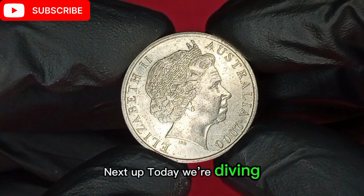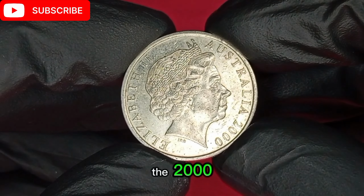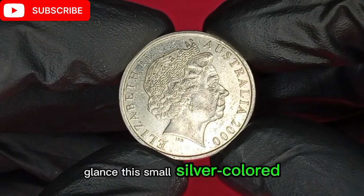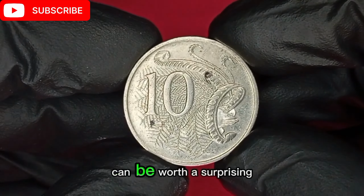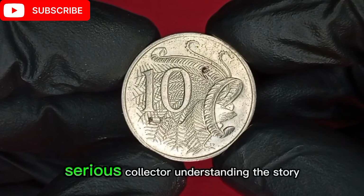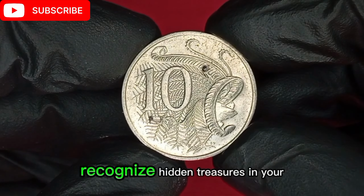Next up today, we're diving deep into one of Australia's most interesting modern coins, the 2000 Australian 10-cent coin. At first glance, this small silver-colored coin might look ordinary, but hidden among them are some rare varieties and mint errors that can be worth a surprising amount of money. Whether you're a beginner or a serious collector, understanding the story behind this coin can help you recognize hidden treasures